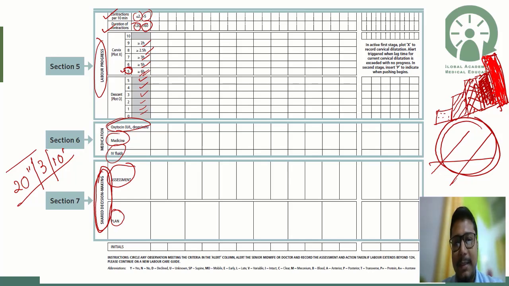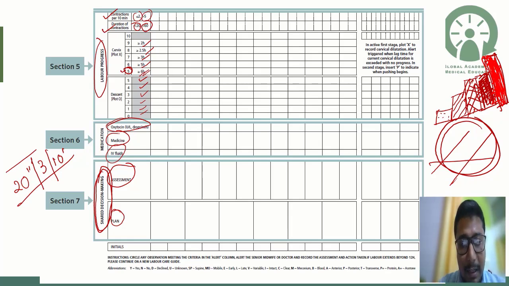So next comes the most interesting part of this new age partogram, is that in case of the previous WHO partogram, we assume that every mother at every case will progress like 1 centimeter per hour. That's why we put 2 lines at 45-degree angle at 4-hour difference to each other, named one as alert and the other one is action. But it is not like that. Someone might progress slowly in the first few centimeters and then rapidly progressing in the late centimeters, or maybe somebody was progressing too fast and later on the progress can become slightly slowed down. So it is the cumulative duration of the labor that counts at the end,